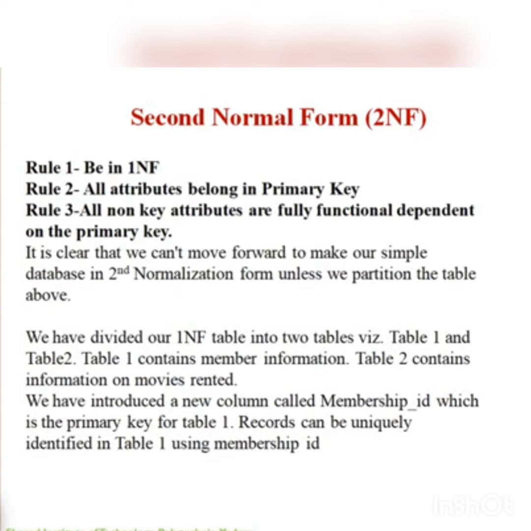Now in the last session you have already studied what a primary key is, and the last rule is that all non-key attributes are fully functionally dependent on the primary key. If we follow second normal form, then every non-prime attribute should be fully functionally dependent on the prime key attribute. It should not have partial dependency. In a table, if attribute B,